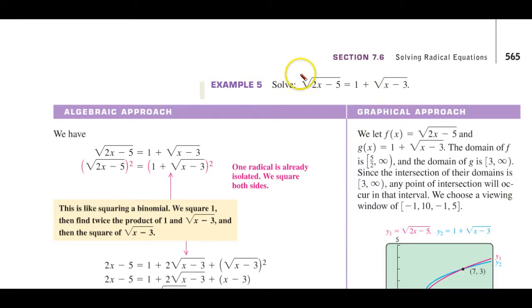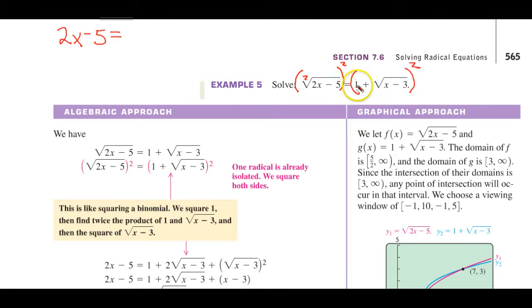And then the rule is get rid of one of the variables, or one of the radicals, by squaring both sides. Now, when this is squared, that is raising it to the index number, it just becomes the radicand. So we get 2x minus 5